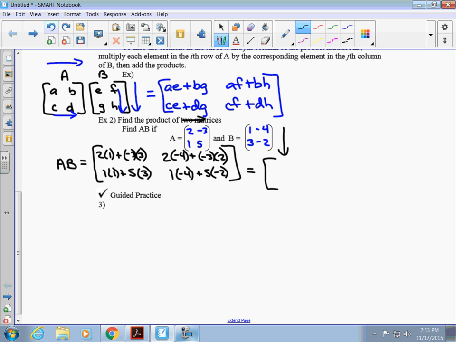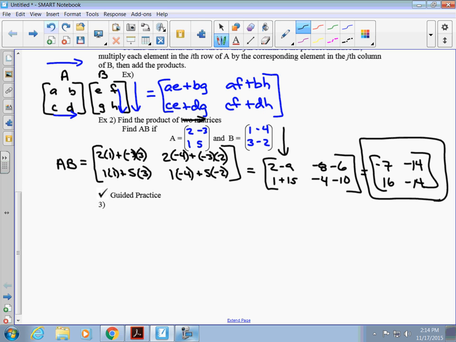And so now we're just going to simplify this. Well, it's going to give us 2 minus 9, and this one's going to give us negative 8 and a minus 6, 1 and a 15. So 1 plus 15, negative 4 minus 10. And so the answer we should get when we multiply these is that. We should get a matrix that is negative 7,